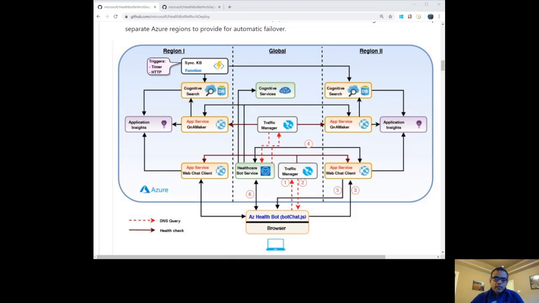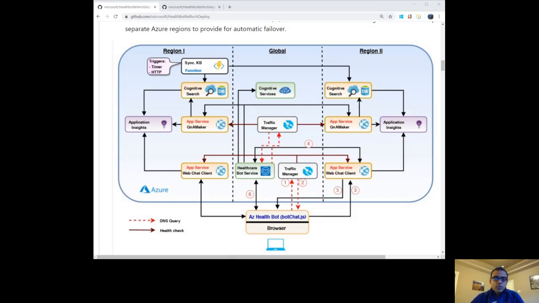2 instances of the Q&A Maker runtime are deployed in 2 geographically dispersed Azure regions to provide for high availability and failover. The COVID-19 FAQ documents are in fact stored in an Azure Cognitive Search index. Each Q&A Maker app service instance is backed by a knowledge base that resides in the Azure Cognitive Search instance. Since we have deployed the Q&A Maker app services in 2 separate Azure regions, we have to deploy the associated Cognitive Search instances in those 2 regions as well.